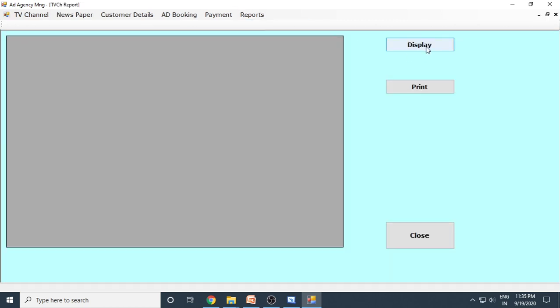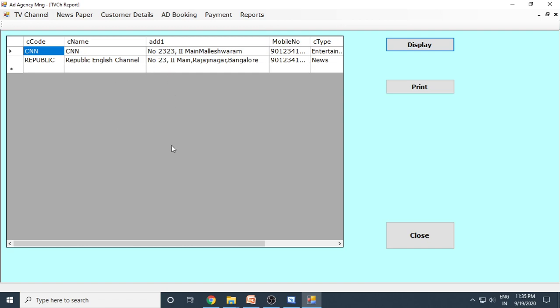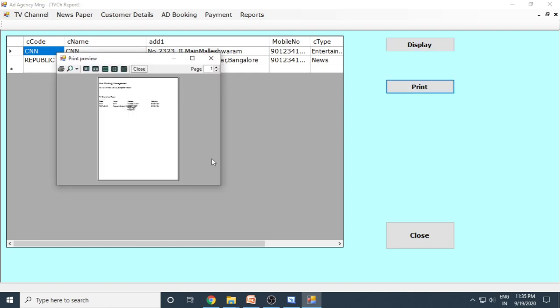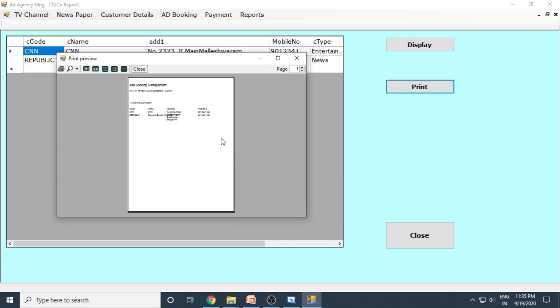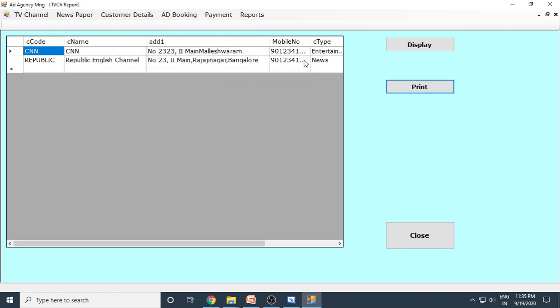Now whatever we have done till now, all the reports will be available in the report section. If you go to TV channel list, if you click here, you can see the list. And we also provide a print option here. You can print the list. You can take out the print because it's an offline project. So those who are entering into the system, only in that system the data will be there. So if they want to give the same data to the manager or supervisor or someone or to the management, naturally you require a printout. For that, print option is provided.